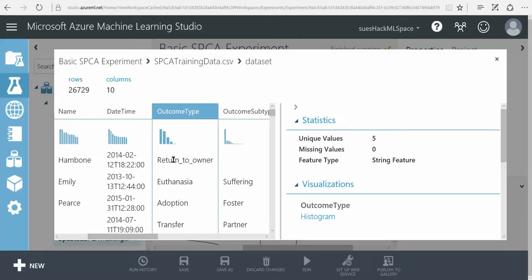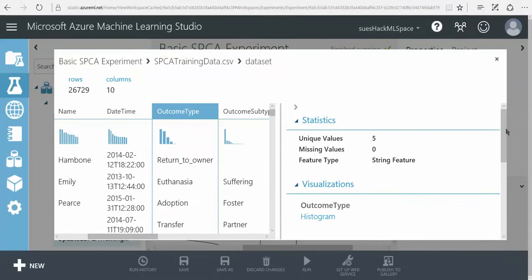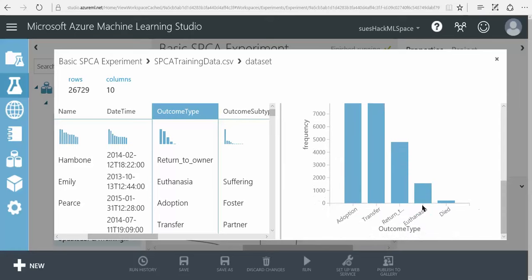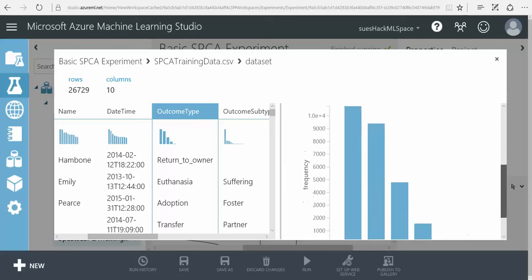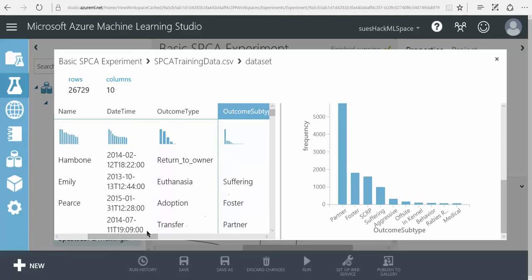Well, one of the neat things about the tool is if you select one of these columns, you can actually see that there's 5 different unique values for it. And if you scroll down, you even get a histogram that shows you all the different values and how many you had of the different values. So you can see that most of them end up being adopted or transferred. Luckily, the number who pass away is actually quite low, so that's great. But you can get a sense of the data as you take a look around,